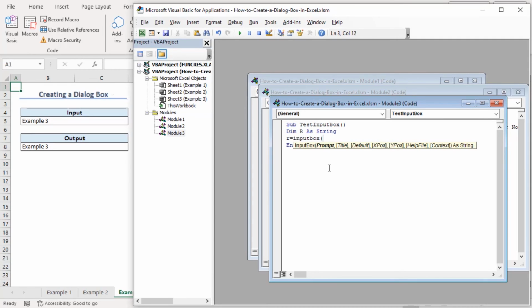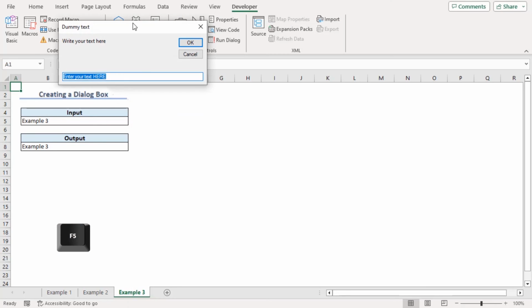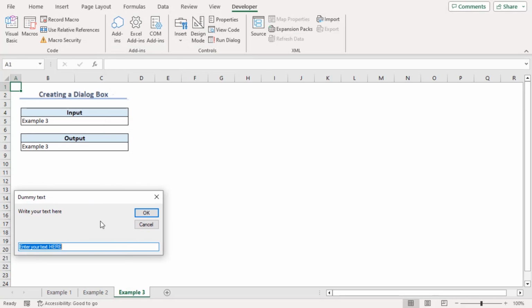Here for the prompt, we will add Write your text here, double quotation mark close. Now for title, our title will be Dummy Text. As for the default, we will have Enter your text here. Double quotation mark close, parenthesis is closed. Now we will see the output of R within a message box. So MsgBox R. Now if we run it or press F5, we can see the dialog box asking for